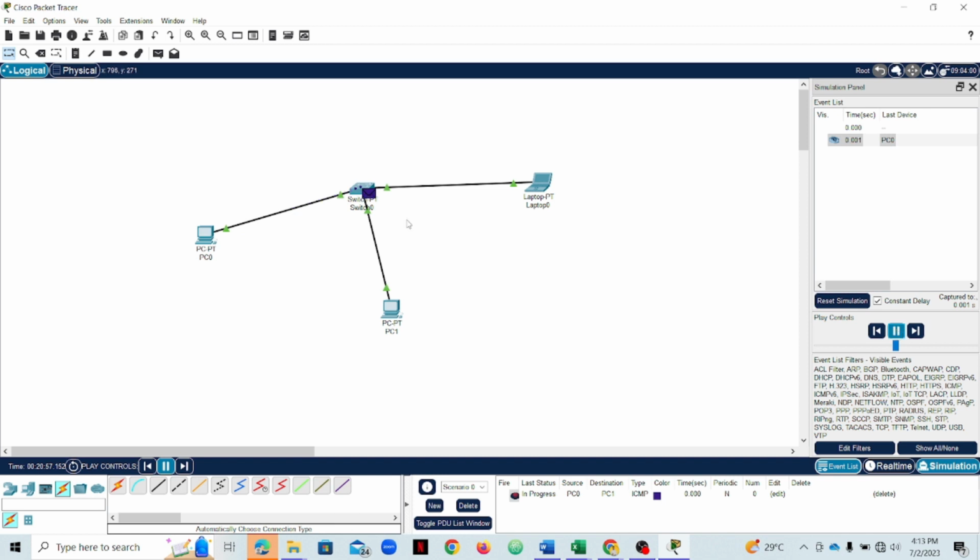Now you can see my message from here goes to the switch. Switch is looking for the address. Now it comes here and says, okay, this is your message, is it for you? It's mine, I received it. It goes back to the switch and then sends a reply back to the sender and says, okay, I have received. So you can see the green check mark over here. That means our communication was successful. So this is how you can simply create a simple peer-to-peer LAN connection with this virtual environment with a